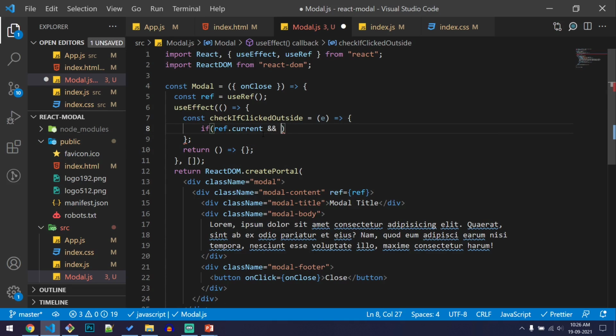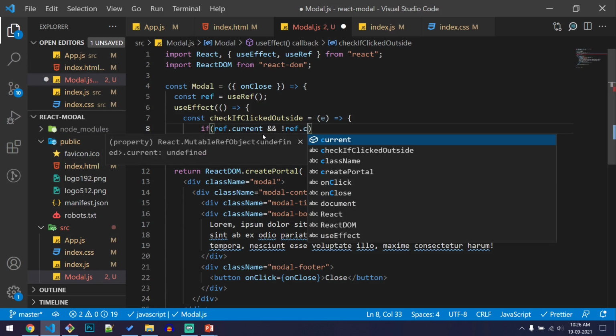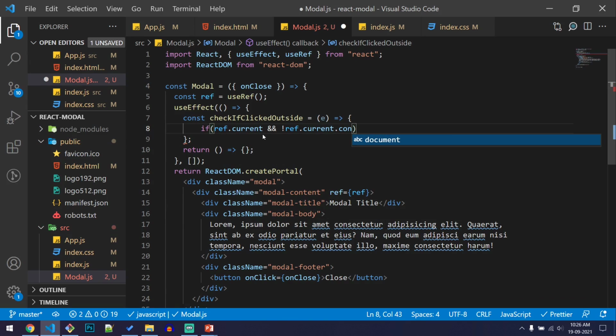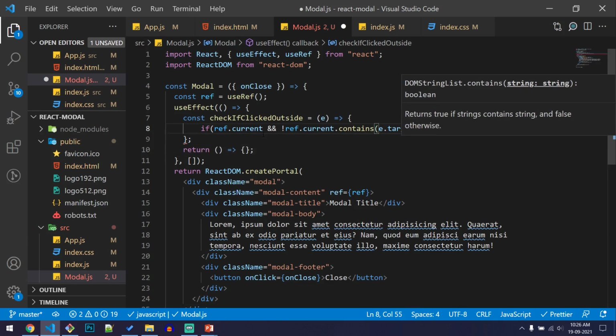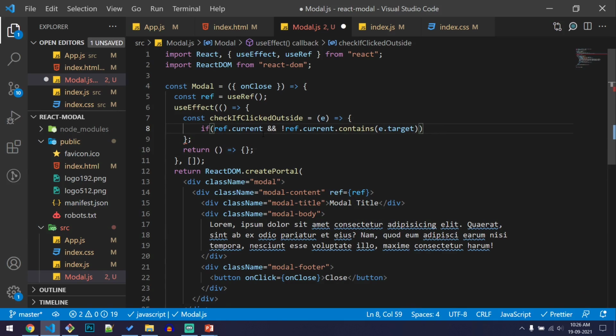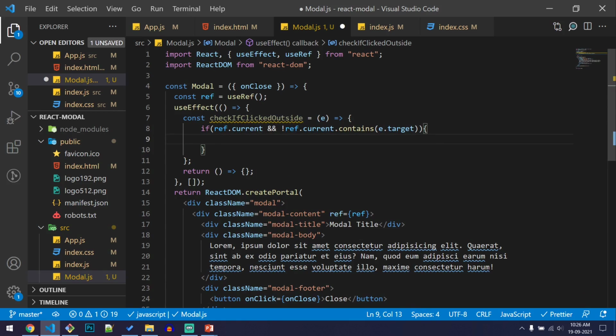If it exists and if this clicked target is not within the reference, then we will be closing the modal. We'll be doing that by ref.current.contains of e.target. If it is not within the target, then we will just call onClose.